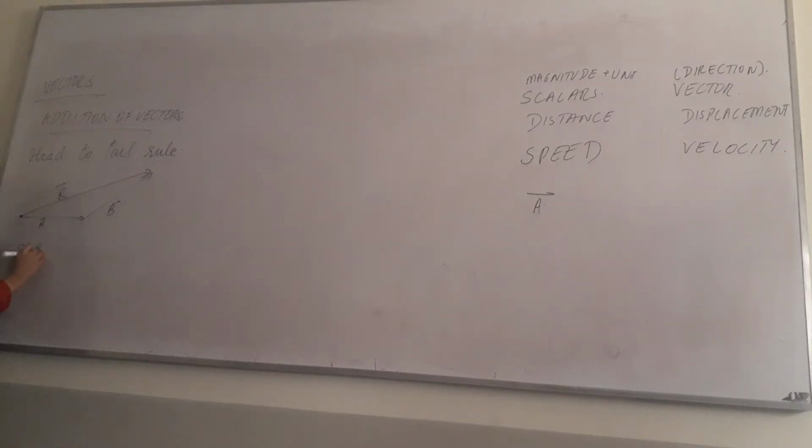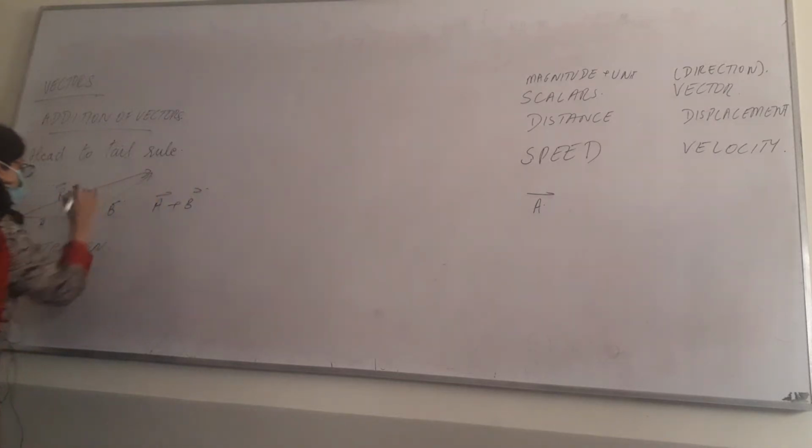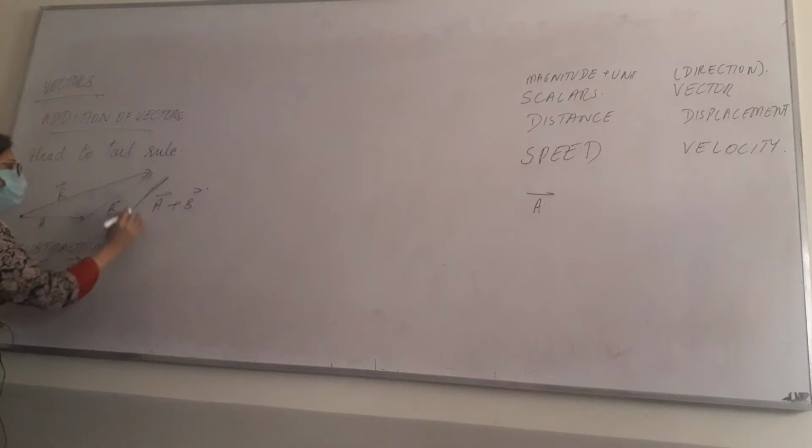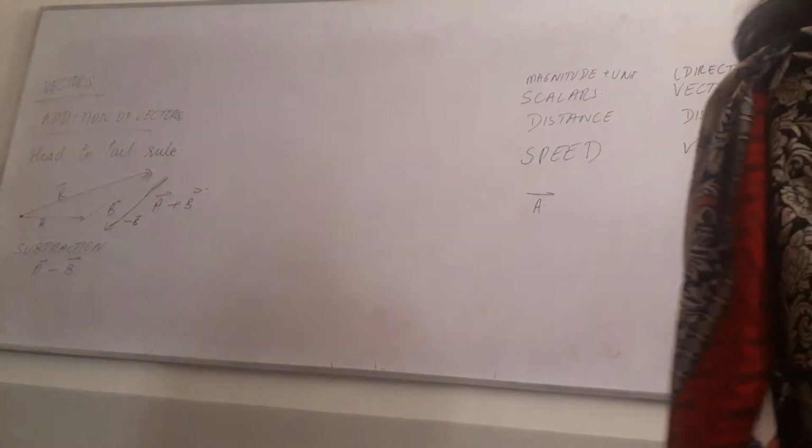If it's subtraction of vectors, what do we do? Subtraction of vectors is the same, except that we will reverse the direction of the other vector that we have to subtract. So in this case, this was A plus B. If this is A plus B, then A minus B will mean that we will reverse this. So this opposite but parallel vector will be known as minus B. And then we will add A to minus B, which means it will come in this direction. Okay. So that will be the subtraction according to head to tail rule.